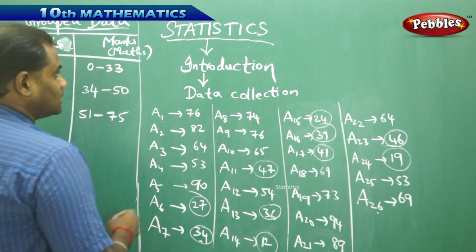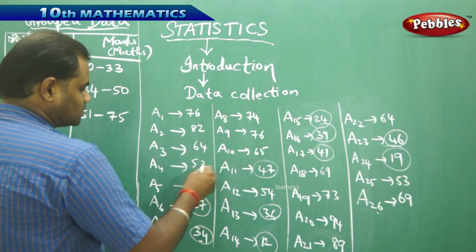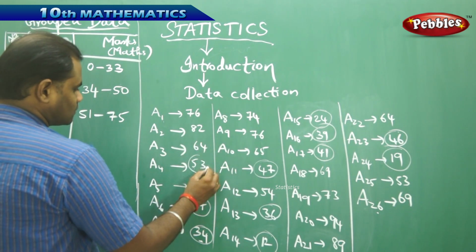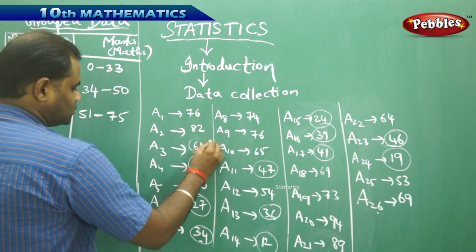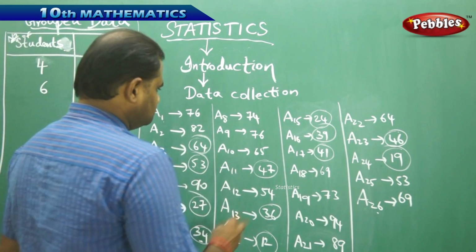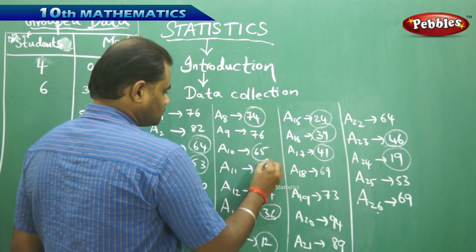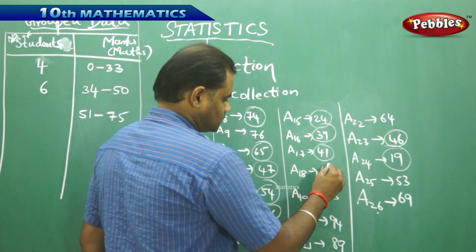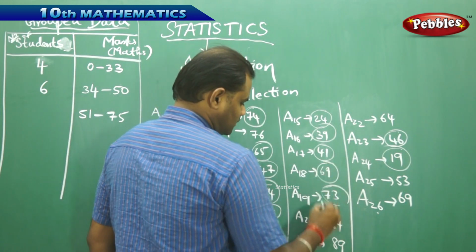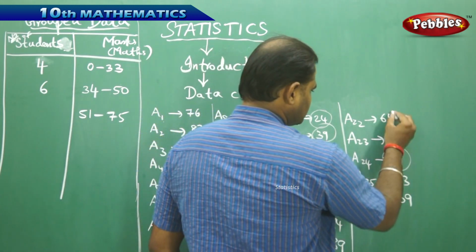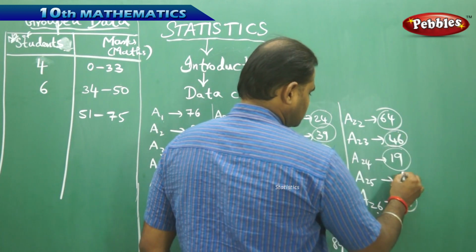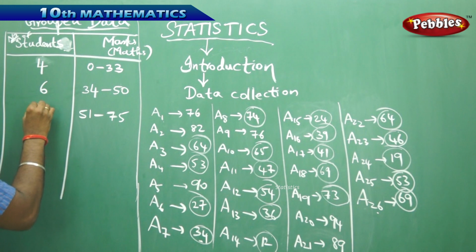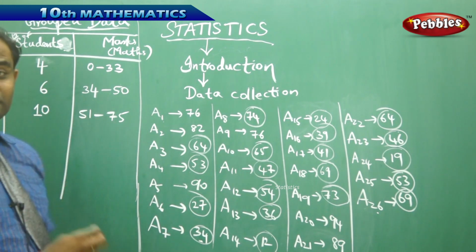So clearly I find that there are 10 students, because I have 51 to 75: 1, 2, 3, 4, 5, 6, 7, 8, 9, and 10. So totally I count that there are 10 students who got the marks from 51 to